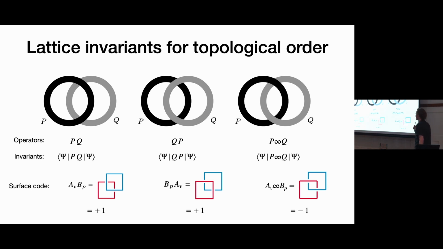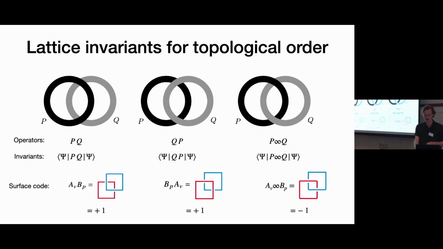Yeah, and one more comment about this. It's quite nice here in this work by Ha that you actually only need one state in your code space. So in the procedure we're doing here, we actually don't really need to have encoded logical information. We only need to have like a topological state. And this was like the sort of genius of Ha. Previous invariants for the lattice of topological order all required a code space. This only requires like some state that sort of has sufficiently big enough patch to do this experiment in, but it doesn't require logical information because you can pull this sort of -1 invariant out of a single state. And that's going to be a feature that our game shares.